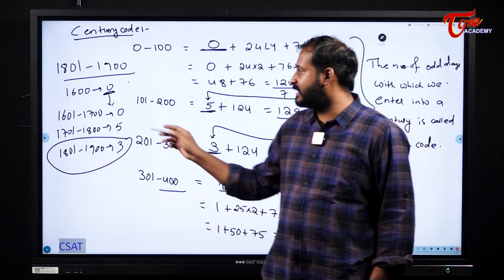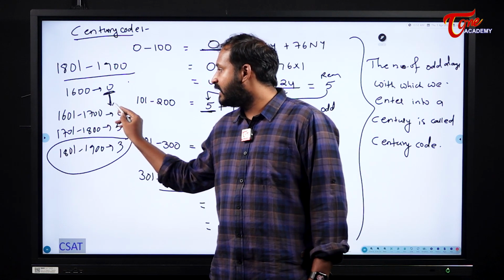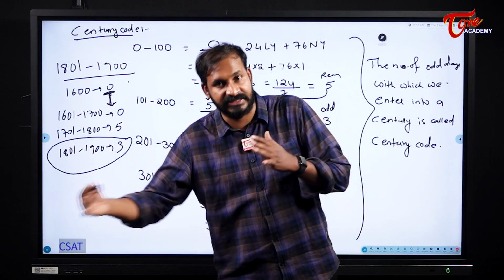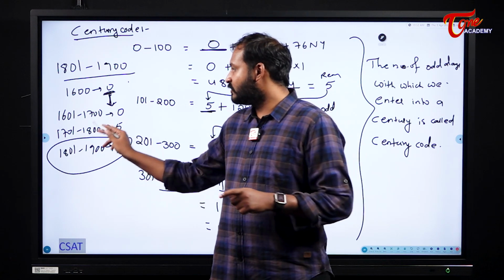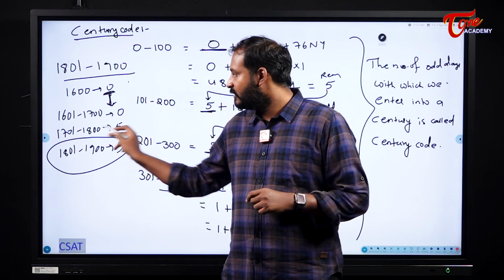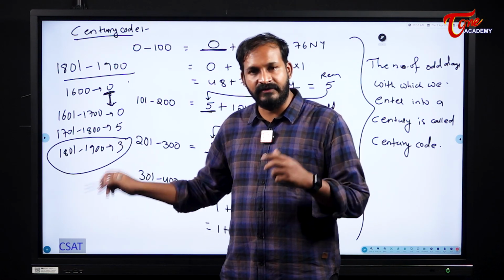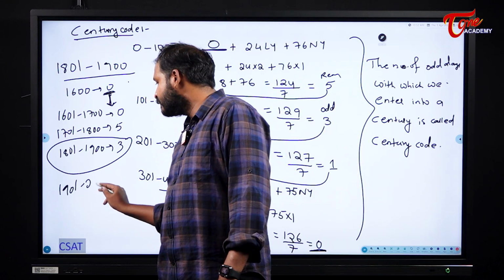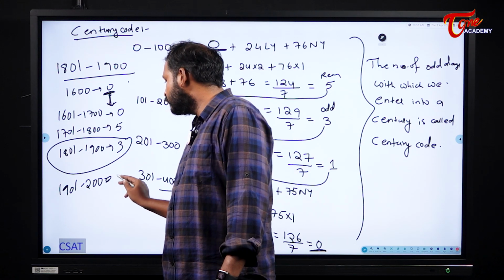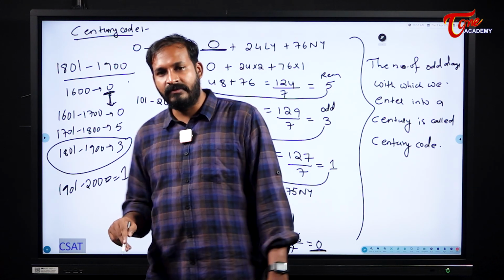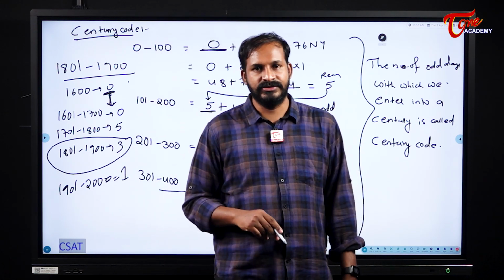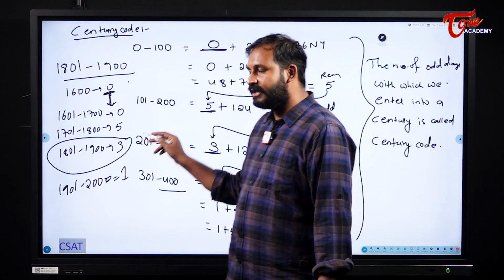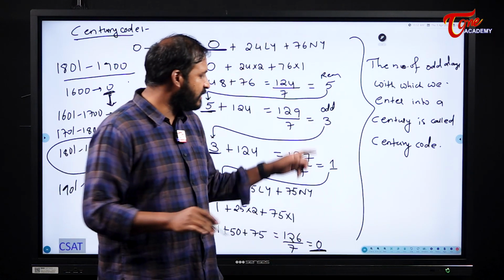Remember, for every century leap year, the code will become 0 and that 0 will go to the next century. Remember this one. So, 1601 to 1700 it is 0, like this 0531. So, now tell me what will be the code for 1901 to 2000? This will be equal to 1. Understood, students? Like this we are going to write the century codes, and the reason behind that is